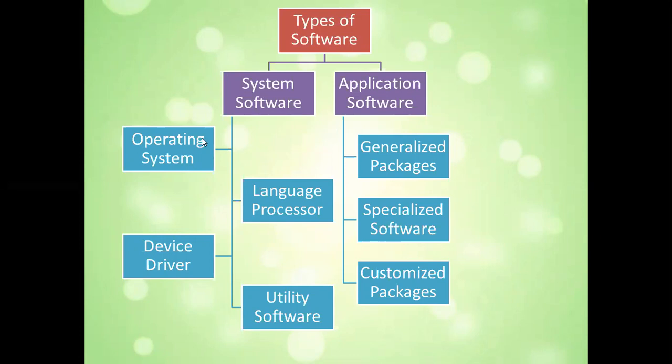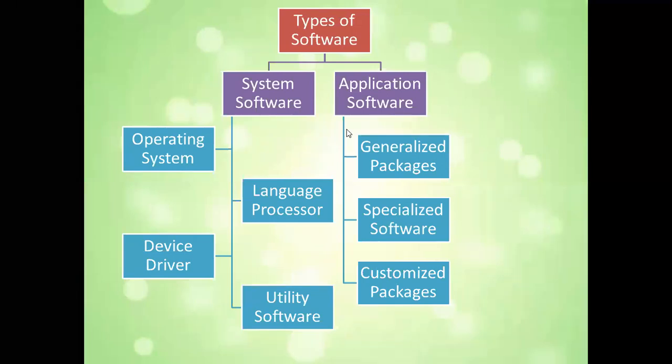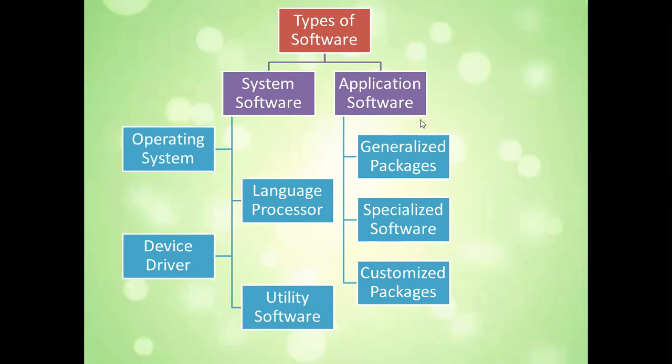Next is application software. Now system software was all those softwares which were required by the computer, not by us. We are not using all these software. Even the computer is using all these software for its basic operations. Now next is application software. These are those softwares which are required by us for our processing. Whatever work we want to do on the computer, we can do with the help of application softwares only.